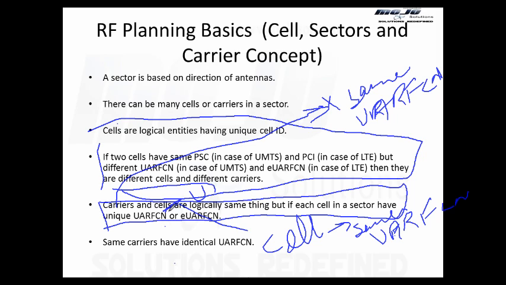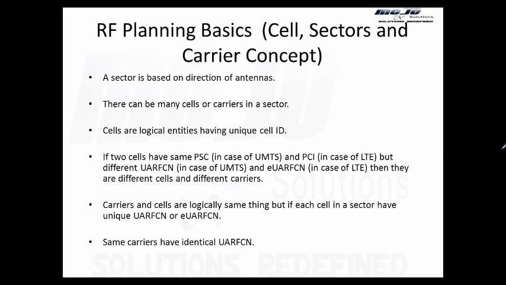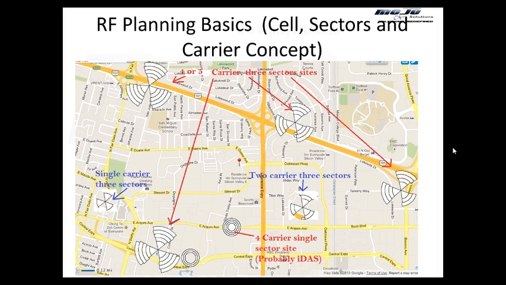So remember this thing. Yeah, I'll explain later. Same carriers have identical UARFCNs. Yes. So if I say it's a first carrier, then all the first carriers will have the same UARFCNs. Remember that. And this is true for both LTE and UMTS. If I say it's a second carrier, it means the first carrier had a different UARFCN and the second carrier has a different UARFCN. But if we go down, I'll be able to explain better. If we go to the next slide,